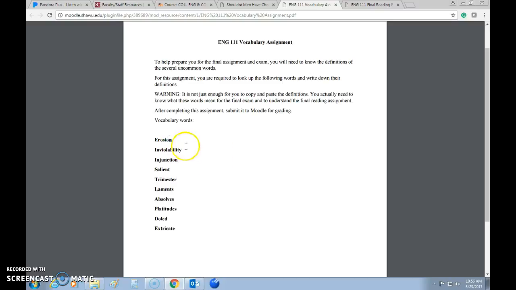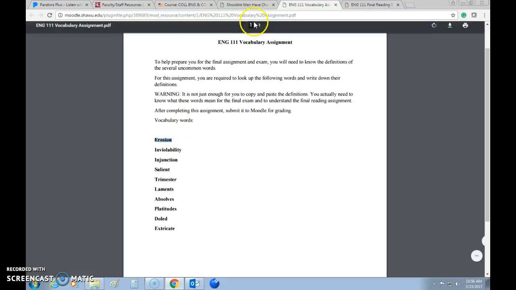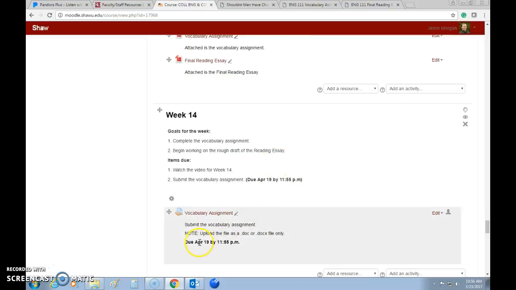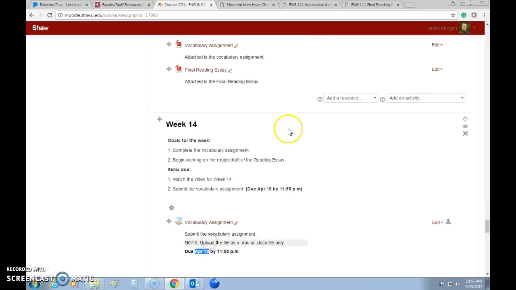So what I would strongly recommend is you look up the definition and then in your own words what the definition means. By putting it in your own words, that'll help you understand it. So when it comes time to know what that word means, you'll know what that means. If you just copy and paste, you will not know and you will not do well in the final. Believe me, I have seen this time and again. So that assignment is not due for a little bit. It's not due till April 19th, okay, but you can get started on it.